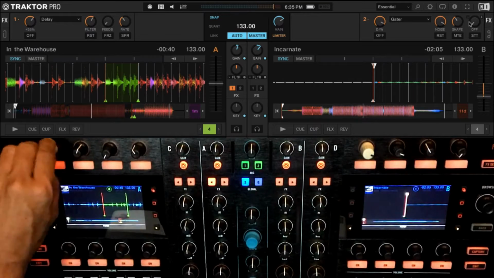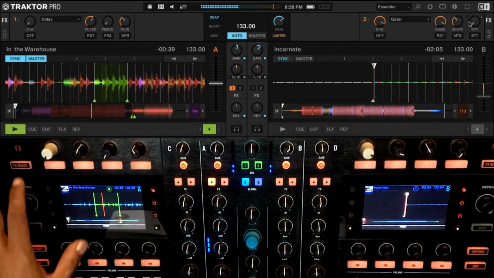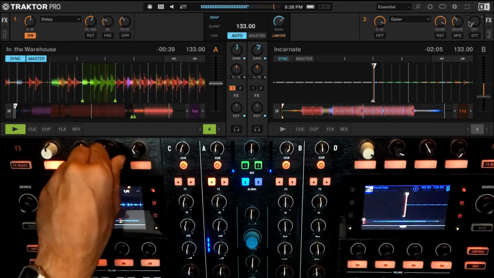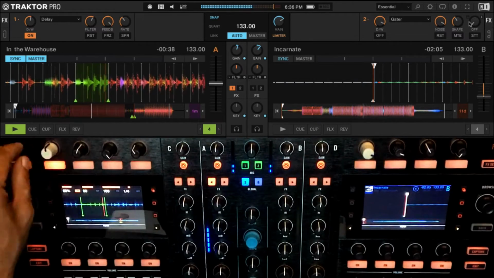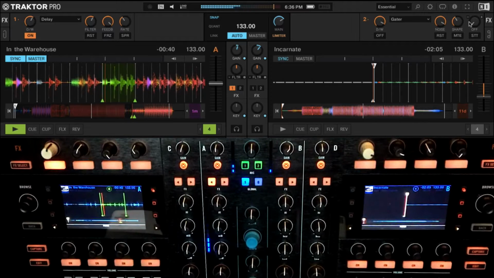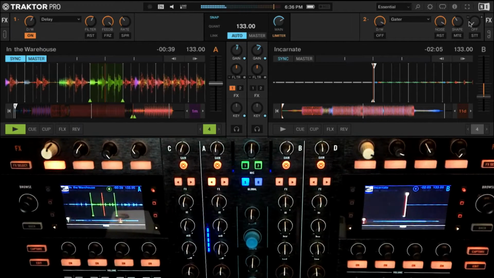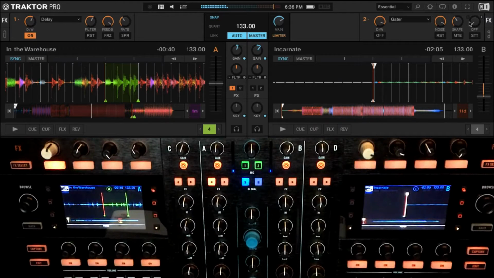So just to show you how that happened, just on this channel, it's playing. Effect on, feedback building up. Fader down, but feedback still going on, okay? That's where you can achieve this, because if you put the fader down and the effect stopped, then you'd not be able to do that.